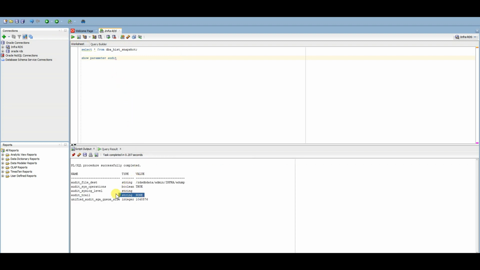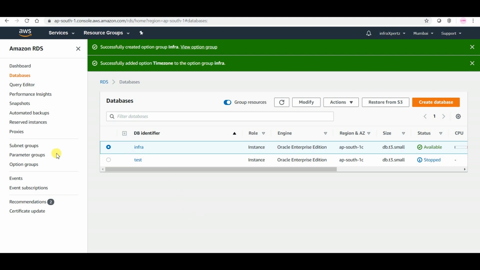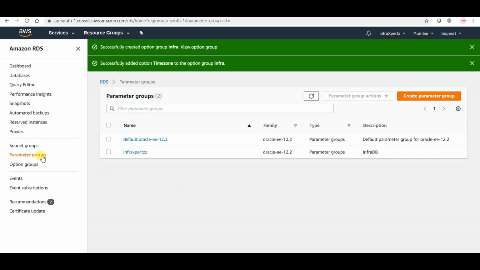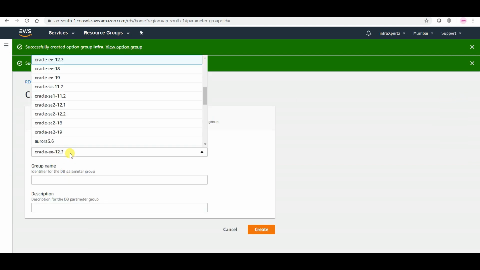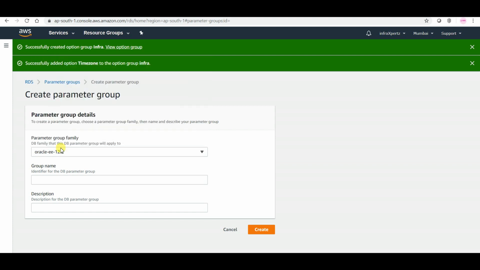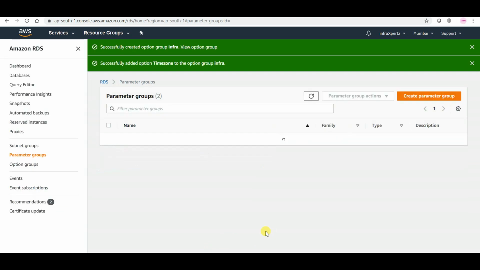Currently, our audit trail is set to none. So how do you enable it? Let us log into the database. Let us go to the parameter groups and create a parameter group. The parameter group family is this one itself. Group name infra, and create the group.